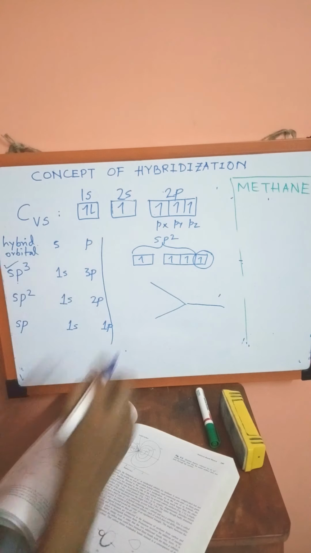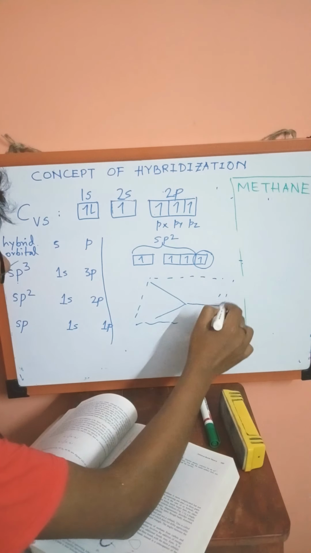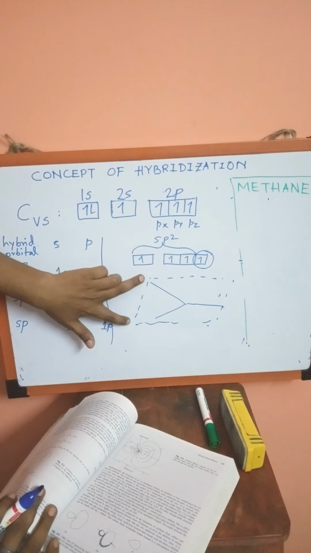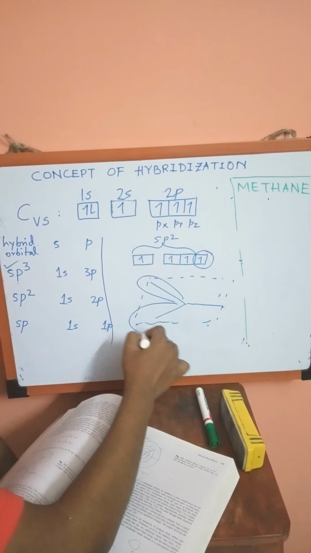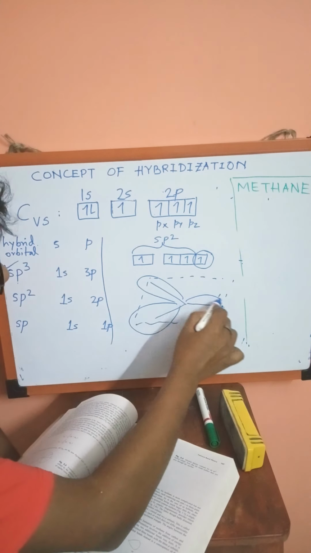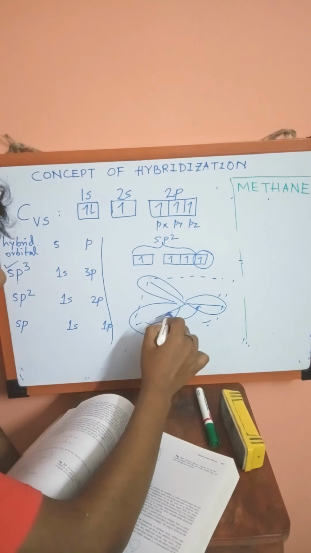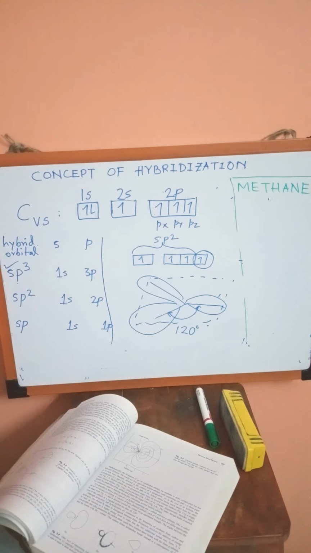So this is a plane. You can imagine a plane of a paper and two corners. So sp2 orbitals means there are three hybrid orbitals. Two such orbitals will be projected towards the corners, and the other will be on the other side, so that the bond angles will be 120 degree. This is trigonal planar in shape, and this is called